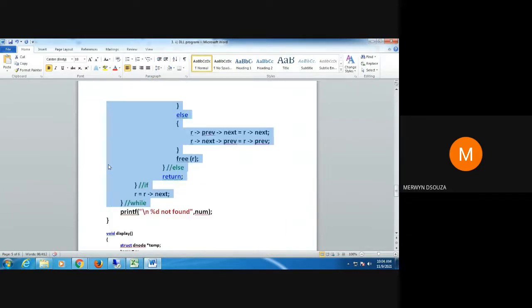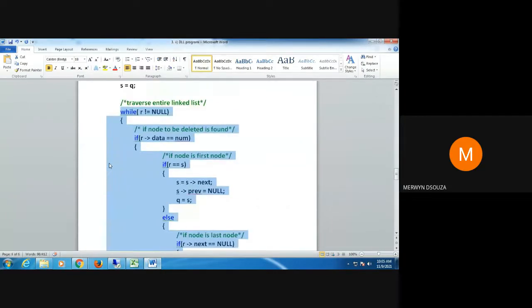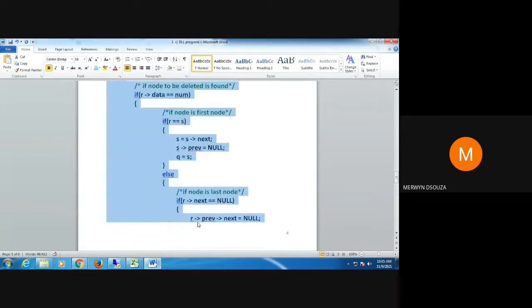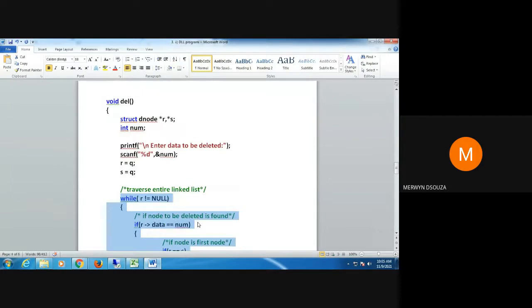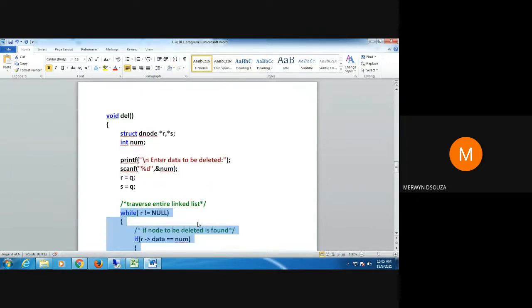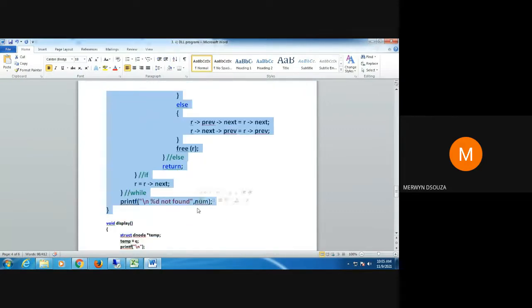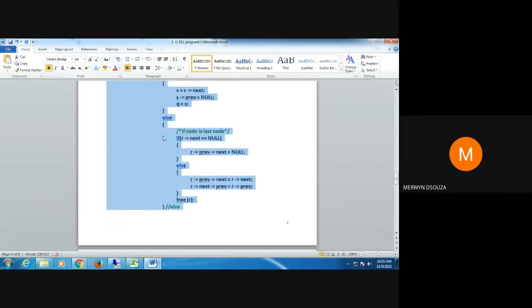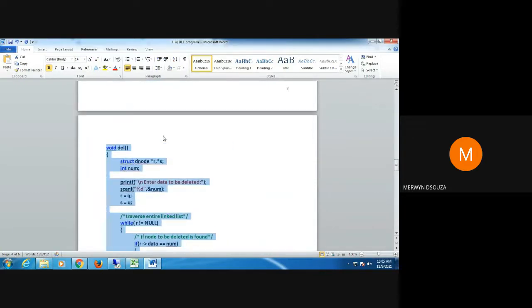So as long as this condition holds, this code will be executed. So let's run it quickly and check how it works. Let me make the code a bit smaller so that it's easier for you to understand. Yeah, I think this is fine.